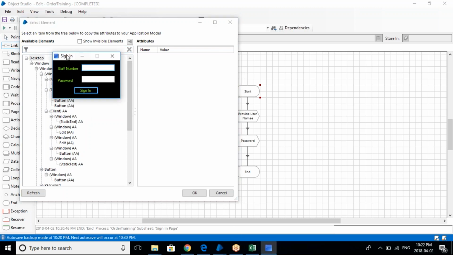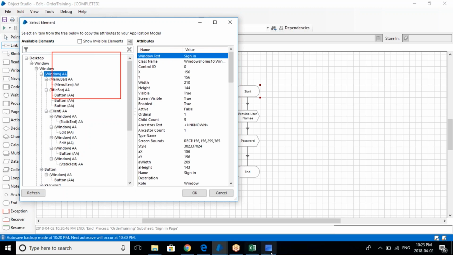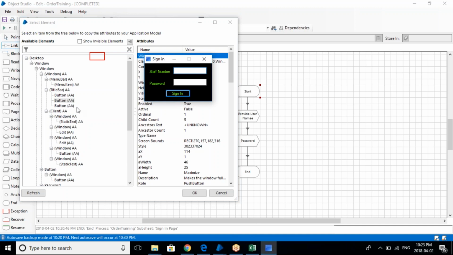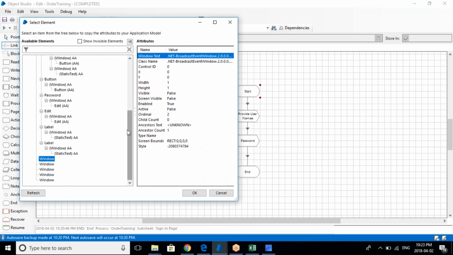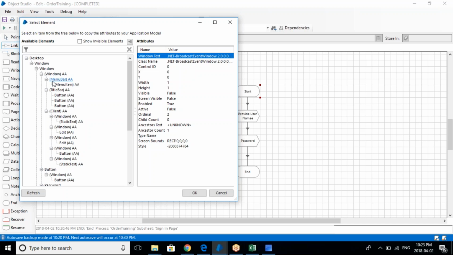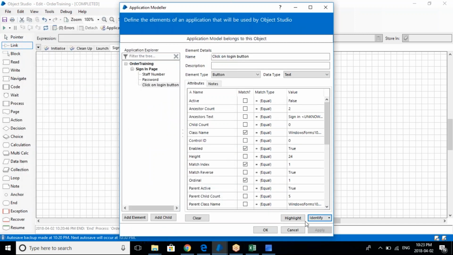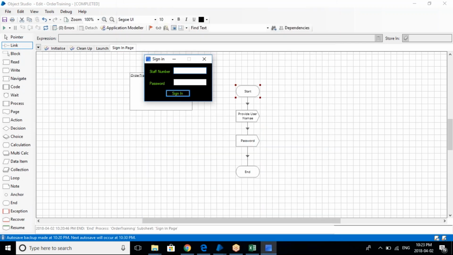So once you bring it here, from here also you can pretty much select the things if in case it's not working using any mode, and you can basically select the particular element from here also. So that is one more option that you have apart from spying. Okay, so for now just click on OK